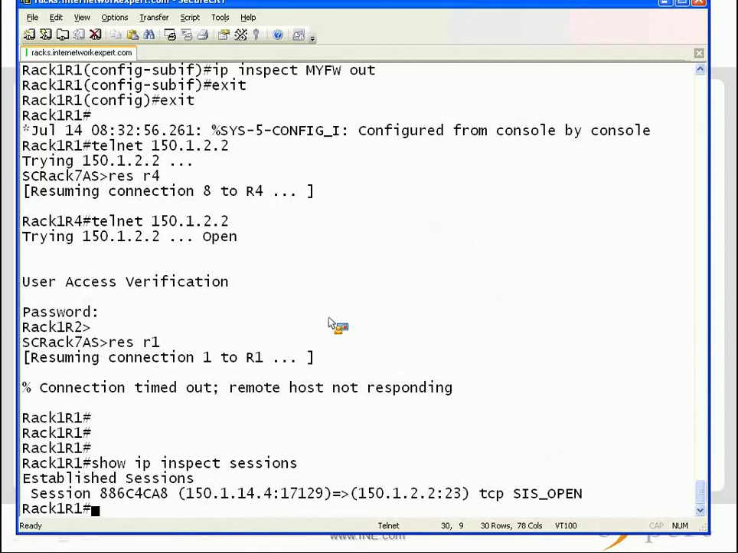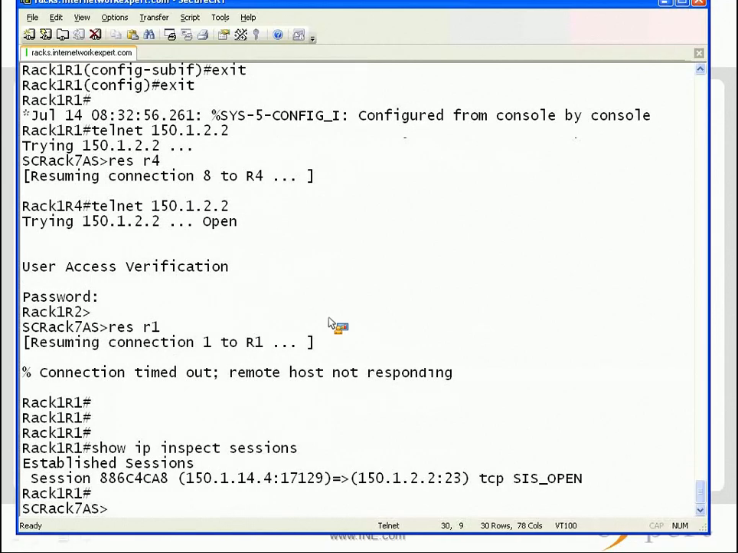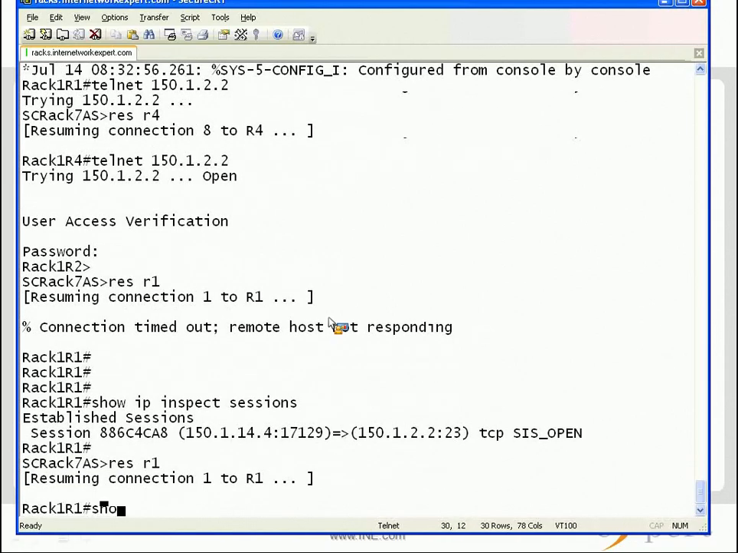Show IP inspect session, look at the existing sessions. In this case, you do show the existing session from router 4 connecting to router 2 for telnet. We can see that as an established session. That was a session that was inspected by the CBAC, was allowed through the firewall. Now, looking back at our inspection rules,